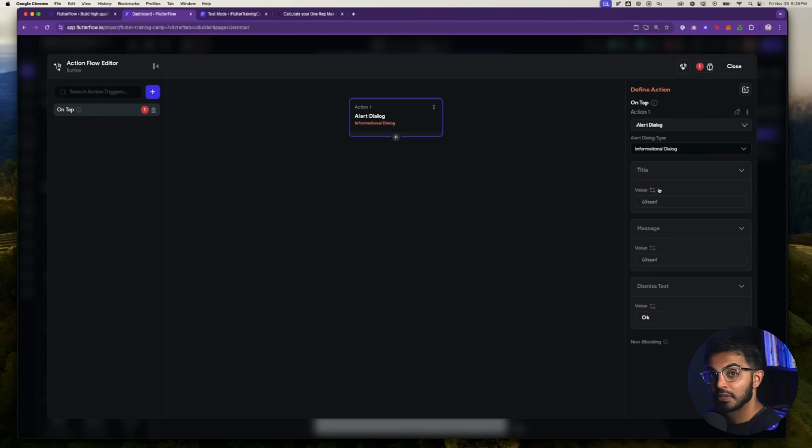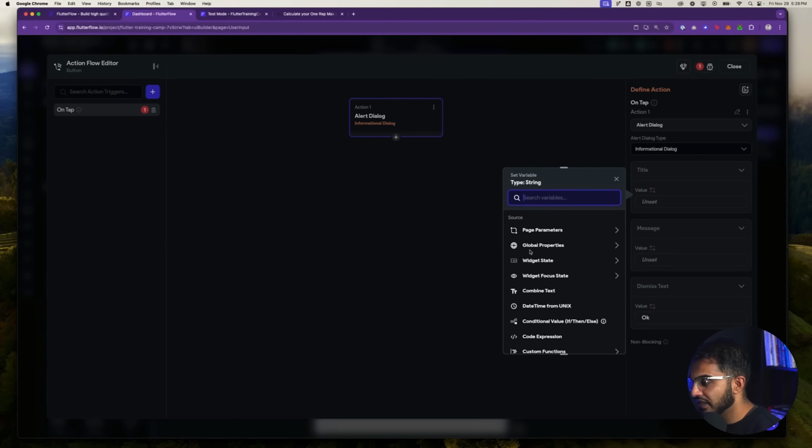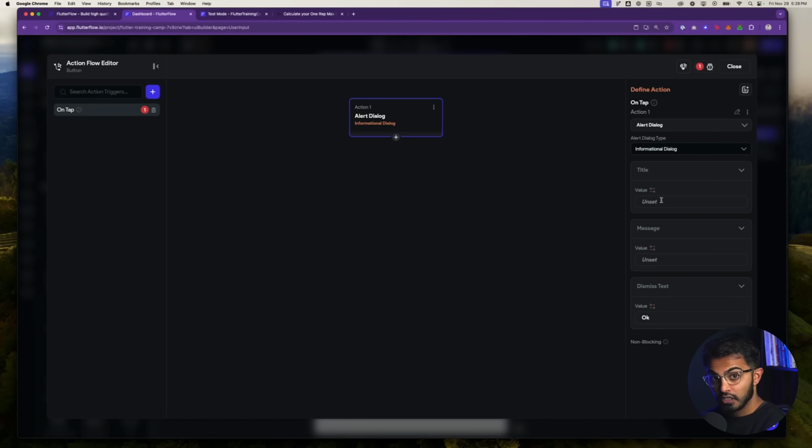Anytime you want to dynamically set a variable, so what that means is anytime you want to set a value from something that a user is inputting, you can use this orange icon, and this allows you to use a variety of sources for that piece of data or that information. The alternative is I can actually write out the data that I want to submit to the action. This is called hard coding. But when you build a fancy app or a complex app, you don't want to be hard coding things. You want it to be all dynamic is what we call it.